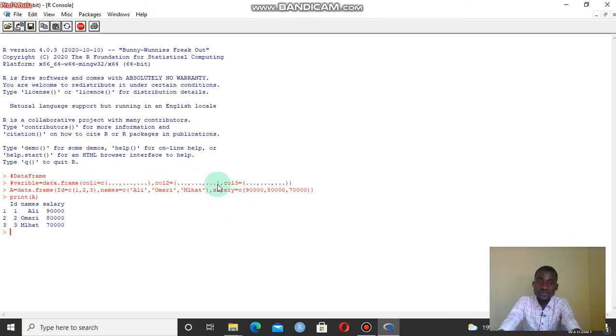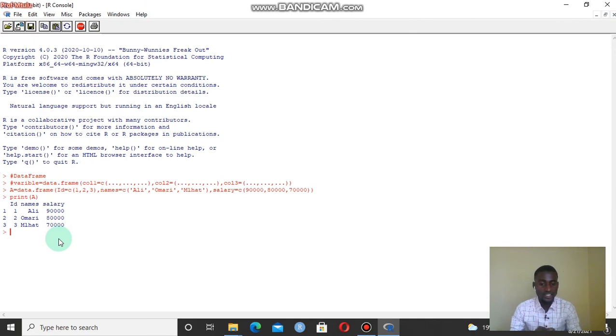Because they are of the same length, we have formed a data frame to store these components, and they are executed as one unit. So in the first column I have the ID, the second column the names, and the third column the salary. So that is how we form a data frame in R.